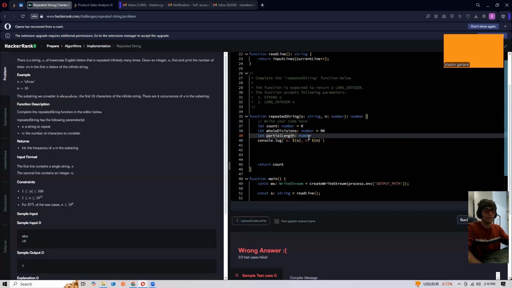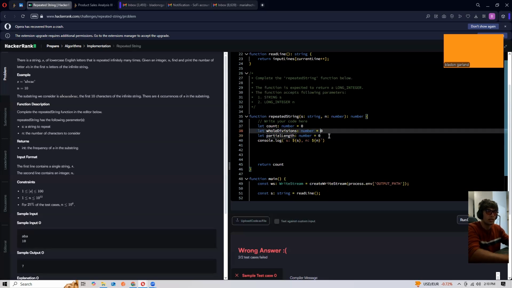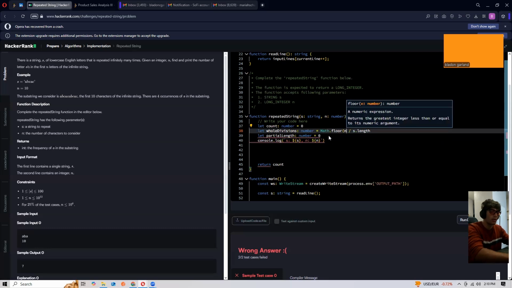That should definitely not be 90. Okay, so whole divisions should be the floor of n divided by s.length. And what this is going to do is say, okay, if we have a string of